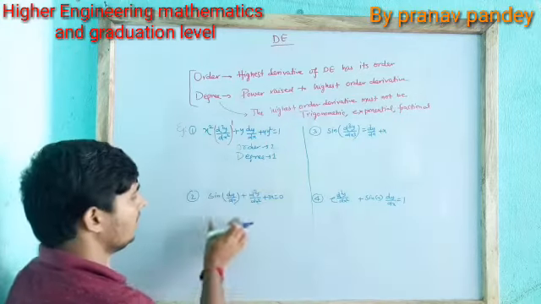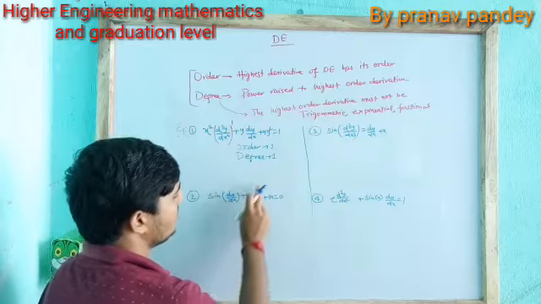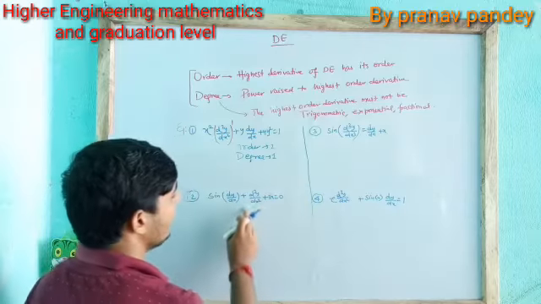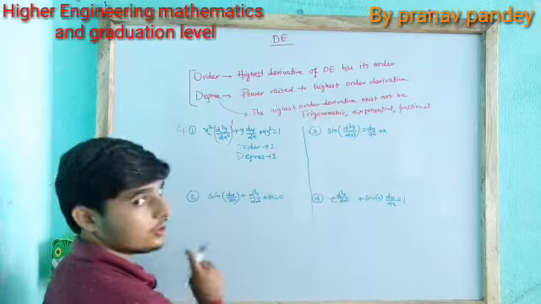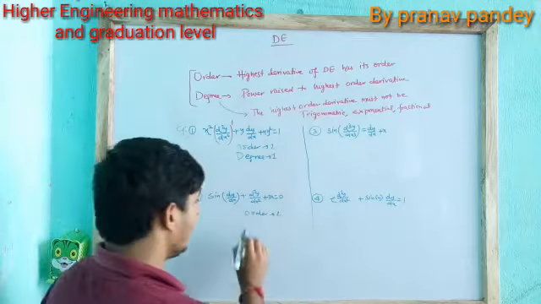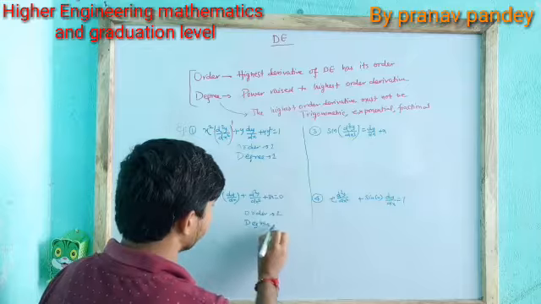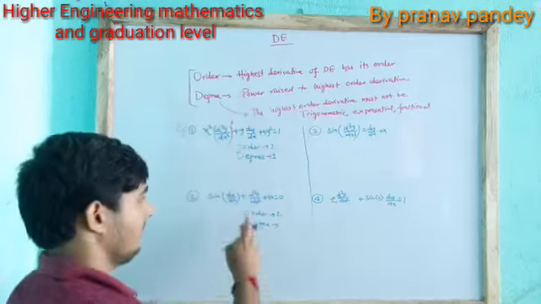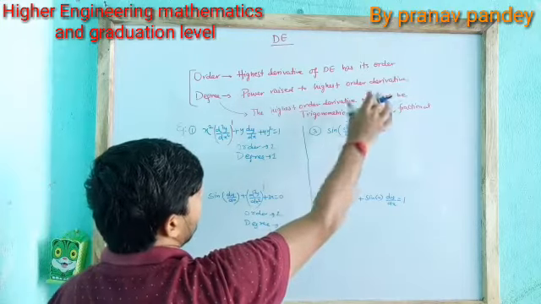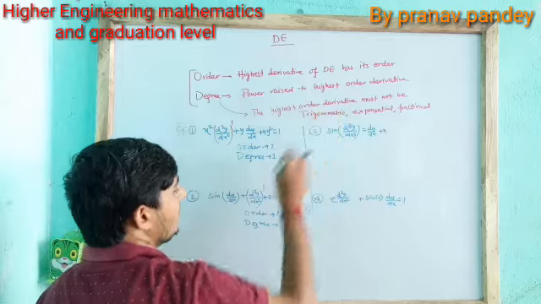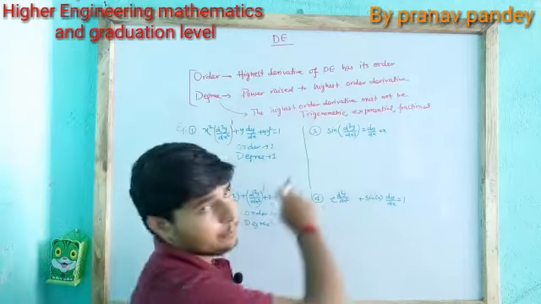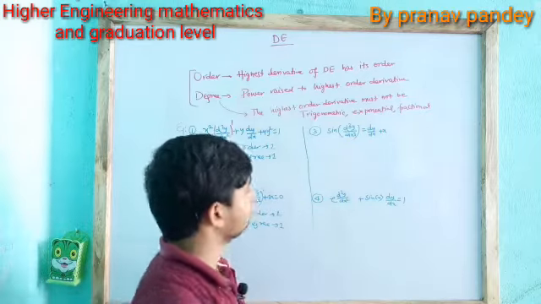It is easy. Now see here, sin dy by dx plus d2y by dx square plus 3x is equal to 0. In this question, the highest derivative is d2y by dx square. So its order is equal to 2, and its degree? What will we say its degree is? It has its power 1. The highest derivative has its power, and that power is its degree. So this power is 1, and we can say its degree is 1. In the same way, let us see the next question.